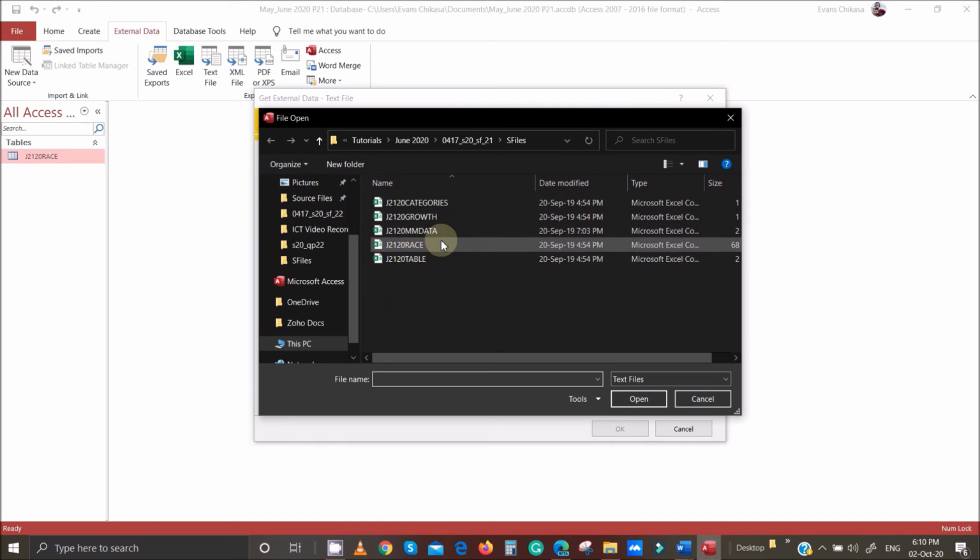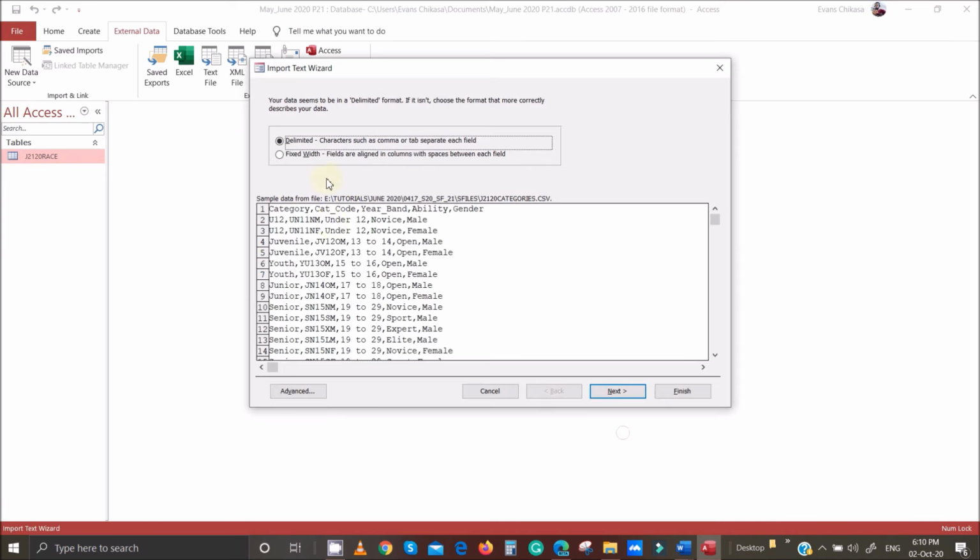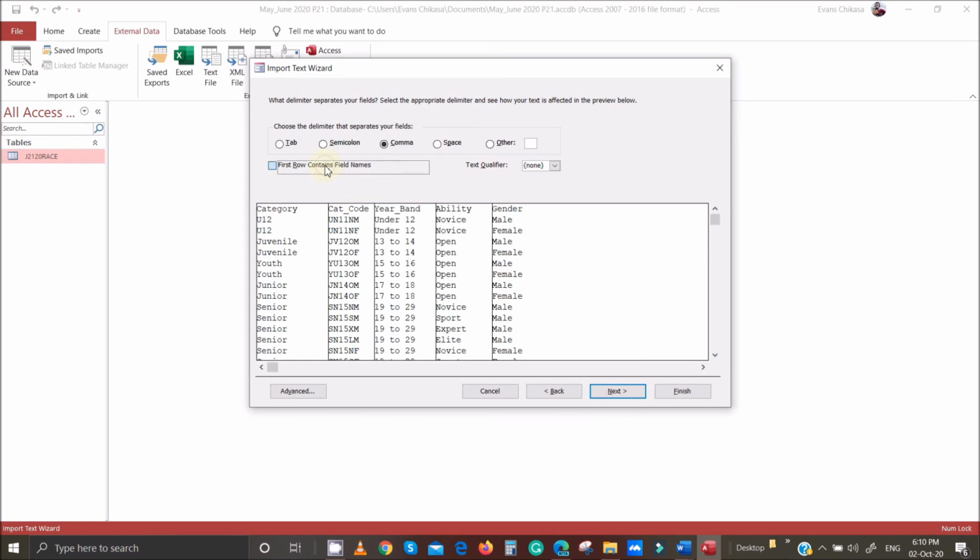Then I'm looking for categories. So open it and then go to OK, and then next, first row contains field names, and then let's see where we don't have to change anything about the